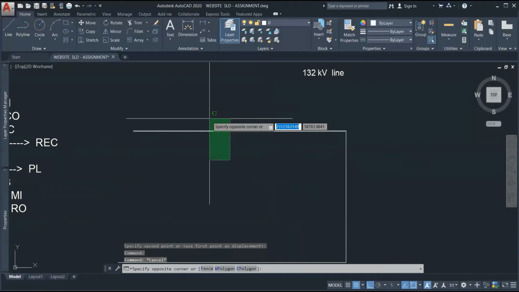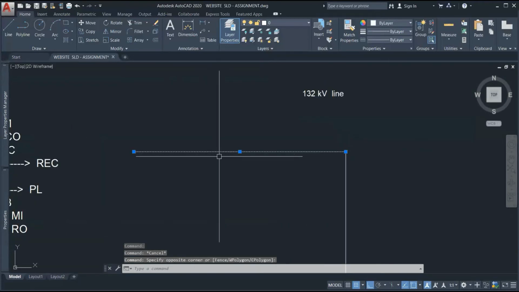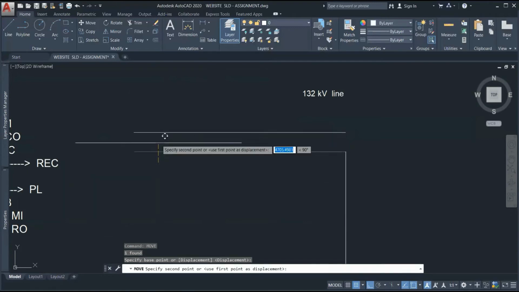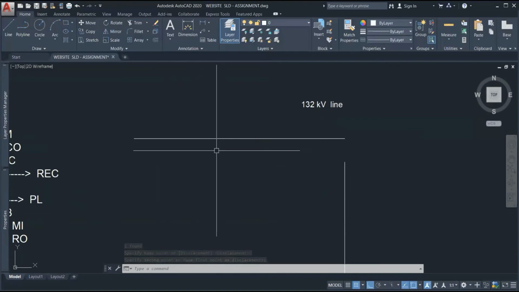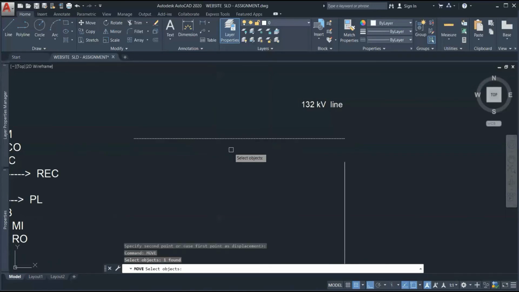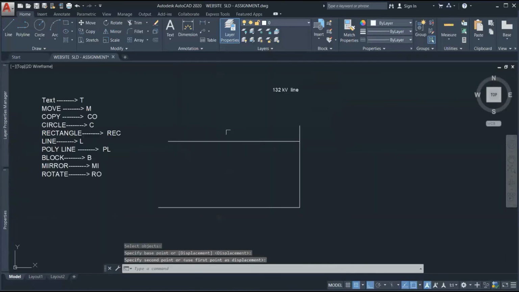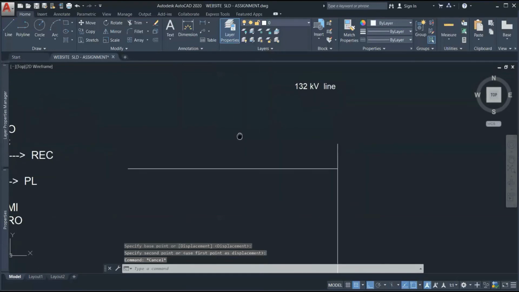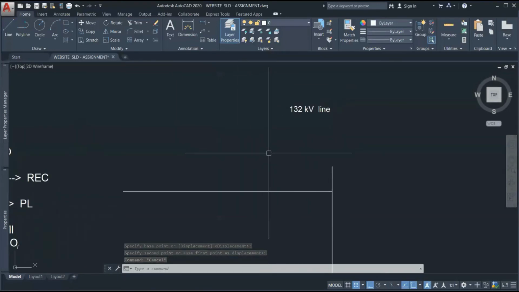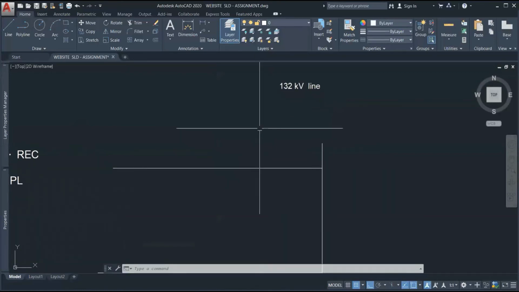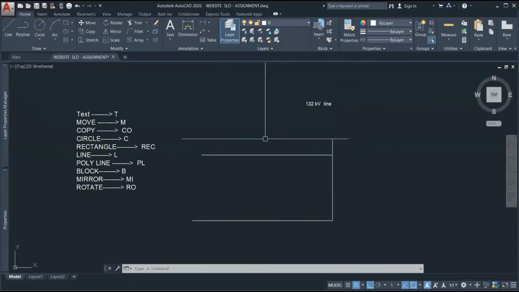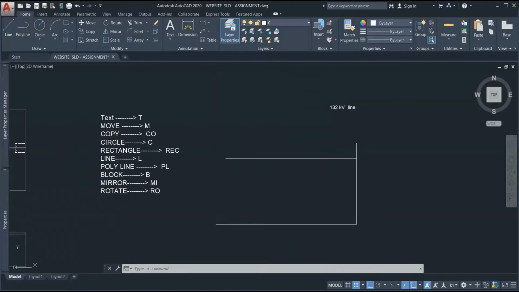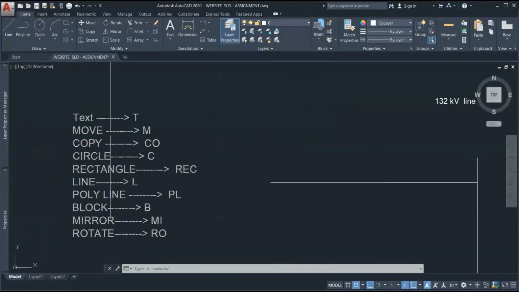For this, you can select the object and give the command MOVE, and it will do the thing for you. And you can give command first MOVE and enter, and you can select the object afterwards and enter, and then you move the line. So both you can do in AutoCAD. You can give command first and then select the object later, or you can select the object first and then give the command. Both you can do in every command, right?